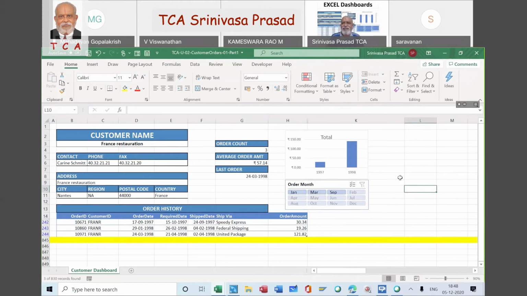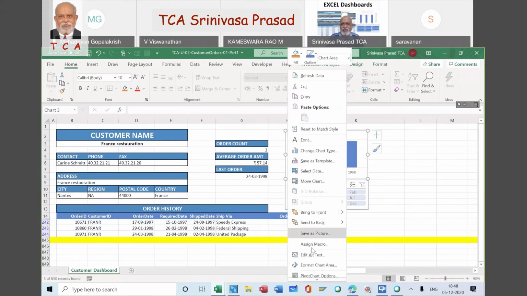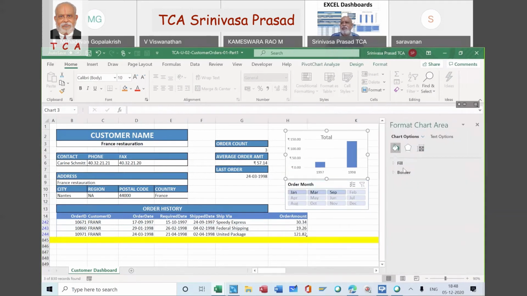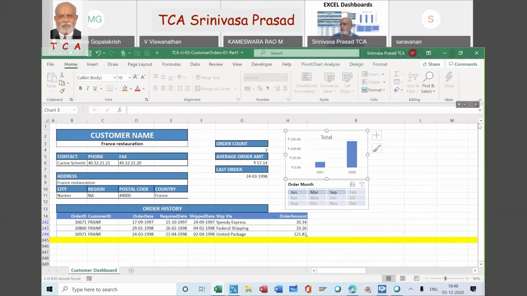All that I did was go and click in the chart, right click, go to format chart area, leave out fill and all, go to effects, size and properties. I said don't move or size with the cells. That is what I did. So what has happened? Whatever I do with these cells, the graph did not move. So this was a very big advantage.